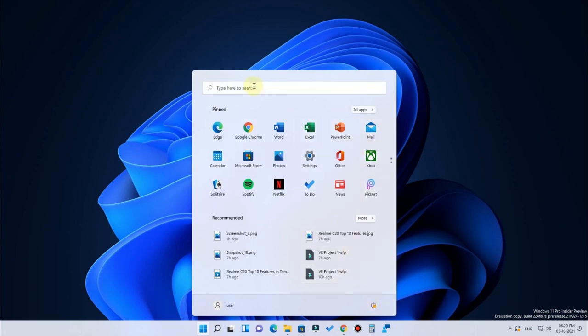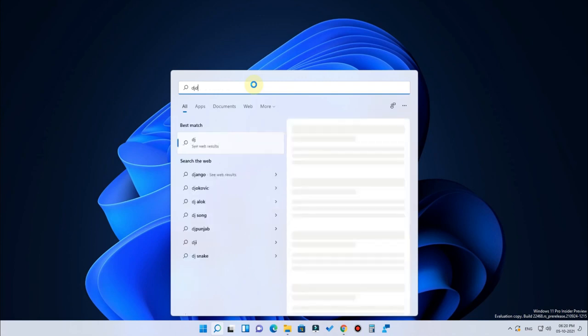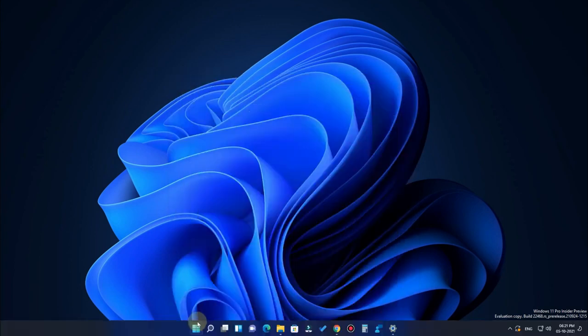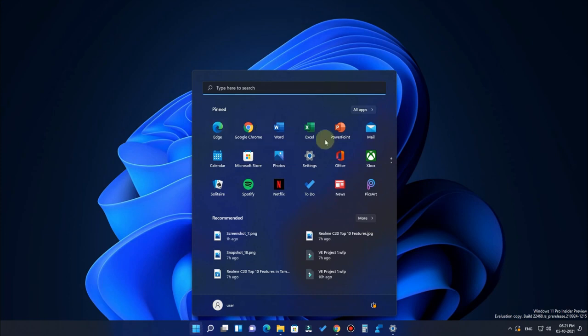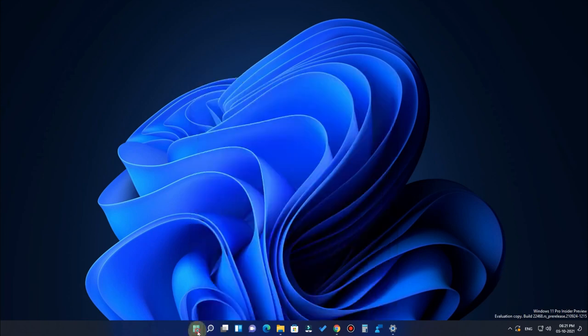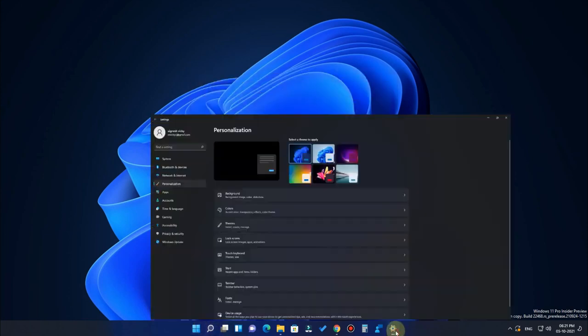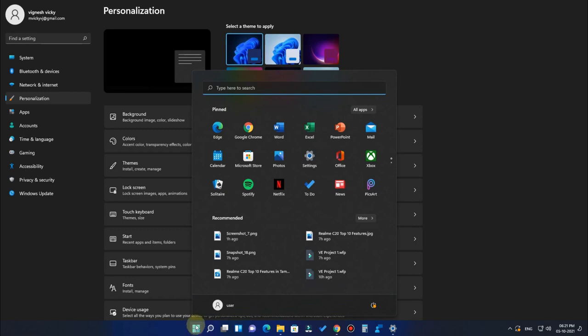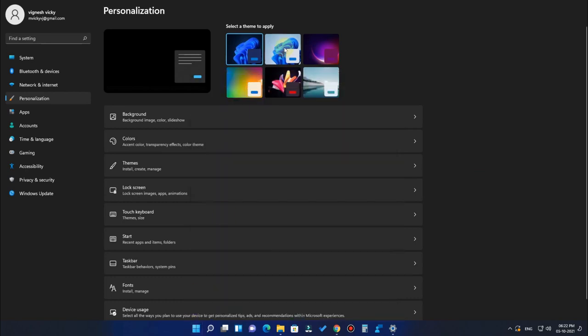And also here is a type to search option. You can instantly type your related files or other programs like that. So the start menu also has that acrylic design, a transparent background design, but it depends upon the wallpaper you have chosen. So for example, in the personalization, in case you have selected the dark theme you can experience that acrylic background design in all the context menus and the start menu and the widgets. But in case you have chosen the light theme you can't see that acrylic background design.